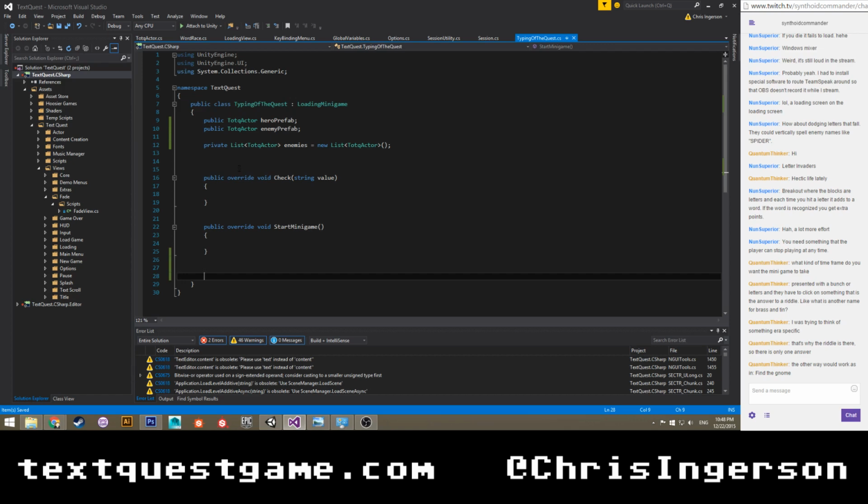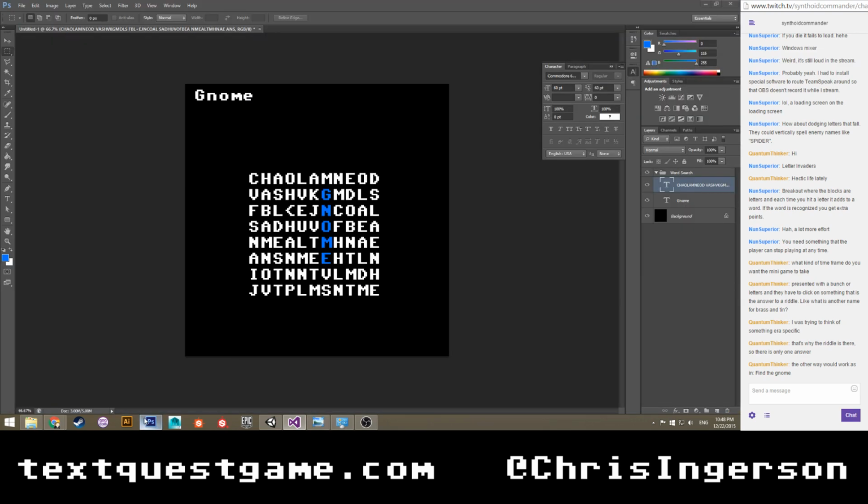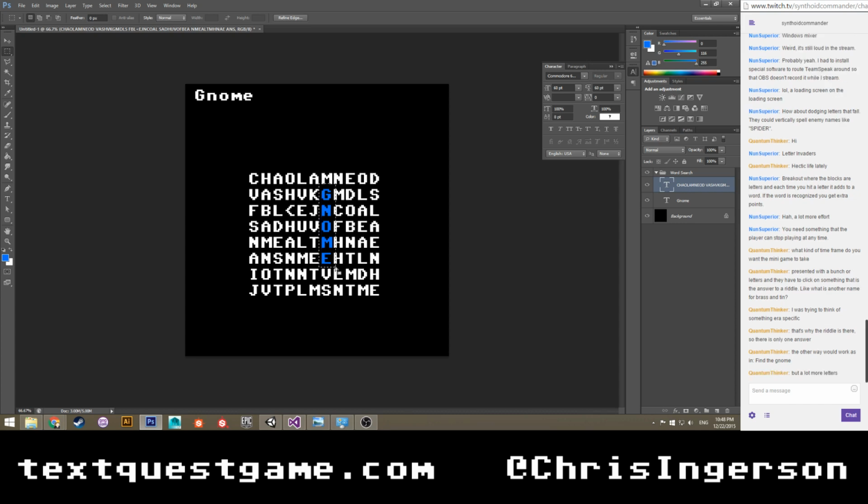Find the gnome. Well, yeah. The only problem with doing an actual word search where you have to highlight it is that I would have to come up with a system to detect collision on characters, which I think some things do, but I don't think they quite do what we would want. So it would be sort of hard to do properly.